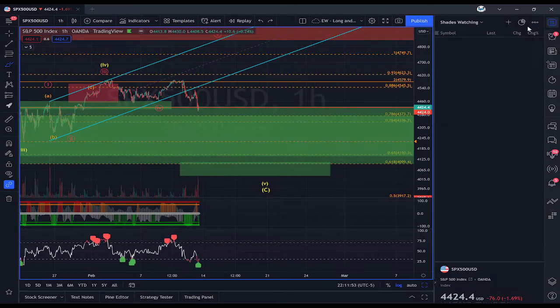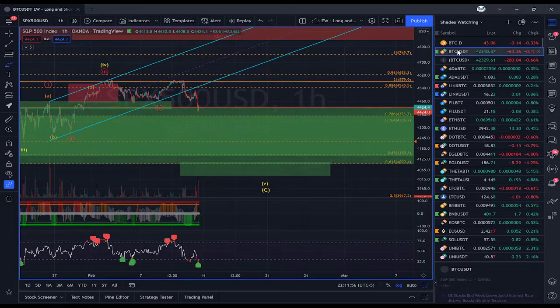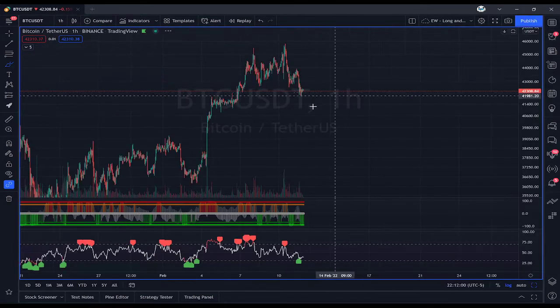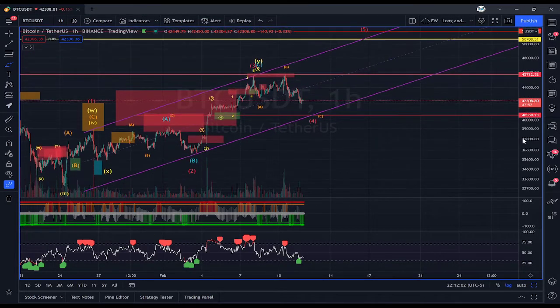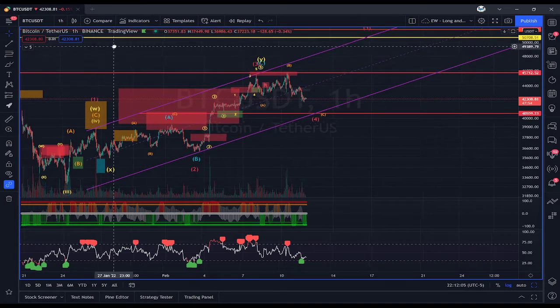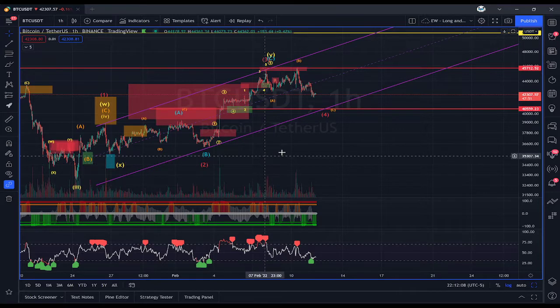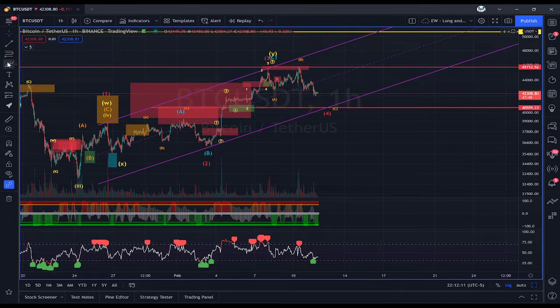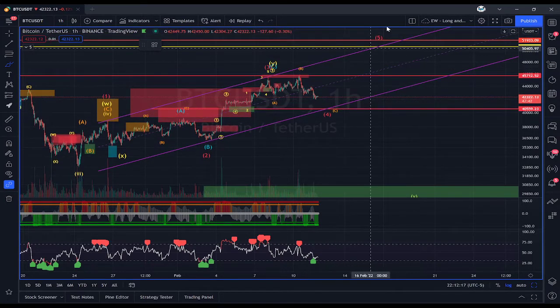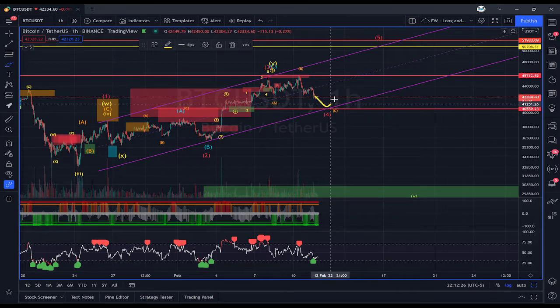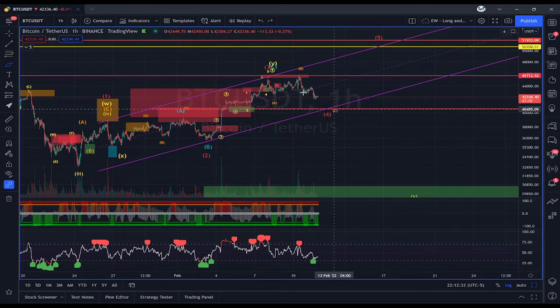So because Bitcoin has actually been following the S&P recently, I am halfway expecting that this breaks down. Now, I'm a big believer that every chart needs to be treated individually, and so if Bitcoin can actually hold that area and press upwards for a fifth wave, then that's fine, so be it. But I am going to be really, really cautious because we certainly could see that same thing happen. Maybe we see a short-term bounce here and revisit these highs again, and then we see death. That's possible. Or maybe it just crashes through. I mean, that's certainly possible too.